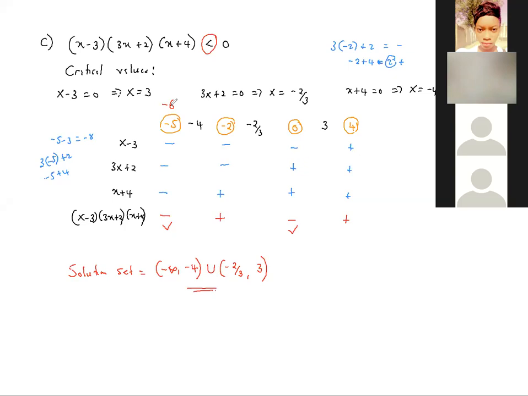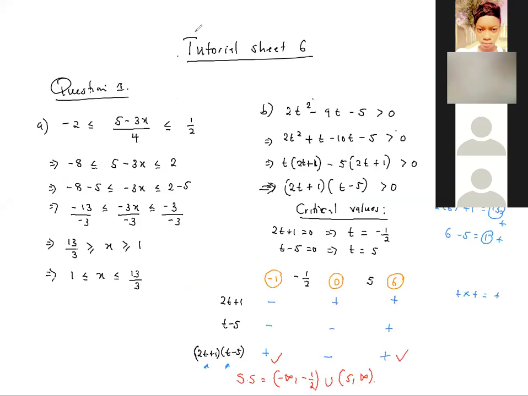All right, thank you, sir. And another, sir, the first question that we did, we never used critical values. Then these others, we've been using critical values. So how can I detect that this one uses critical values or this one just goes direct without using critical values? So in this case, there's even no room for critical values. How can you tell that a question